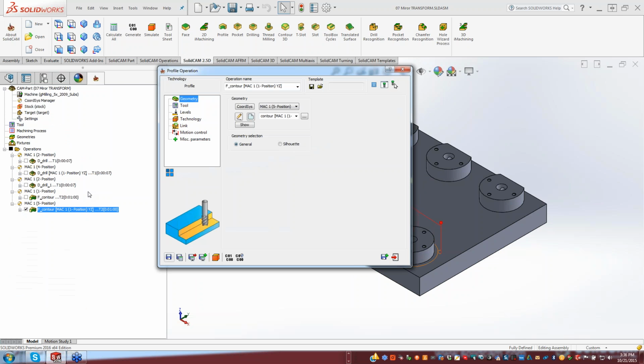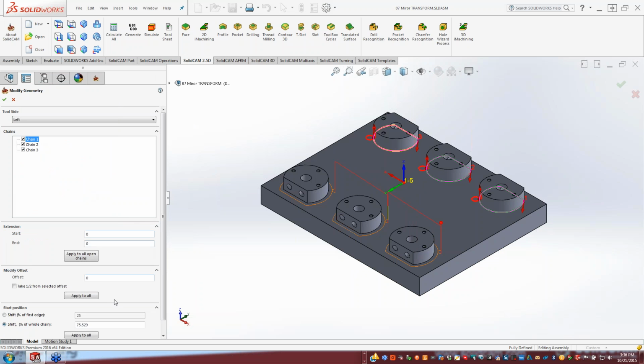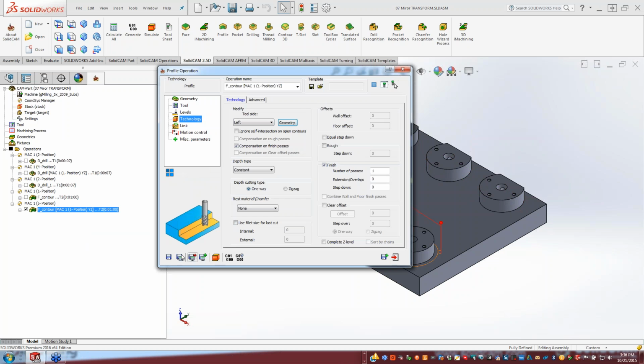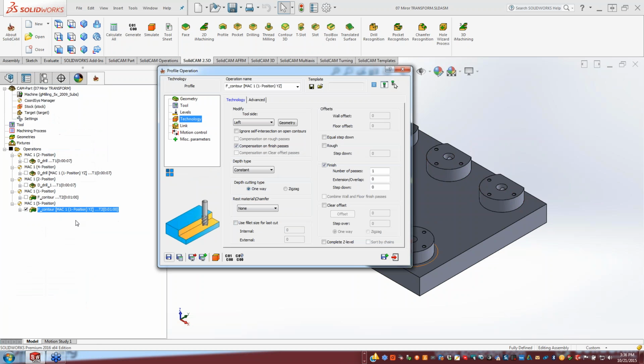But note, the fact that I have it in a separate operation allows me to control separately, for instance, where I want to start. I can say, let's make a change in our start position, and I'll put this at 0 shift and apply to all. Now when I do that, you'll see that my toolpath will start now in this corner. Okay, and that's because I have a separate operation for this particular mirror over here. Now let me delete this,